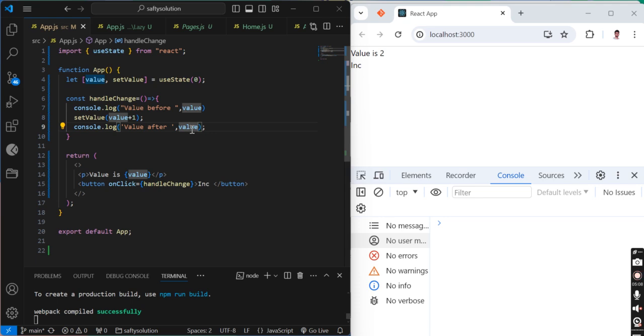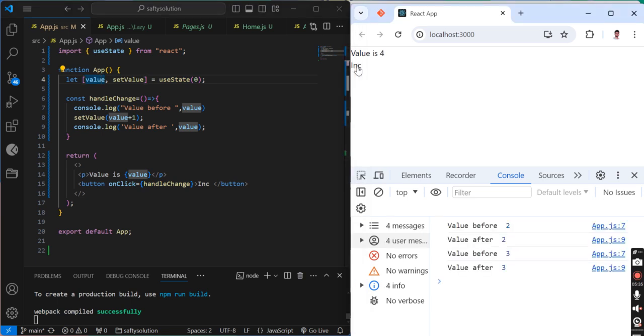Till now, what is the value? It has not changed, so the previous value is 2. After finishing this execution, this component will re-render, and at re-render time this will assign a new, increased value to this variable. That's why we see the late update here.